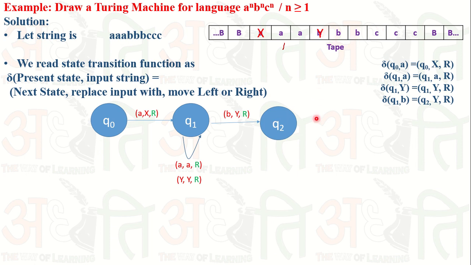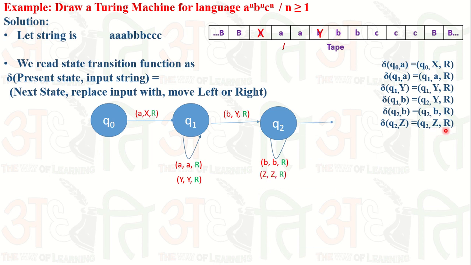So if the state is Q0 and we are having a B, we just keep it as B and move to the right. We skip all the B's until we reach the C. Similarly, if there is a Z, because if the C is already marked as Z, then we also need to skip that Z and remain in the same state. If in the Q0 state our input is a Z, then we remain at Q0, leave the Z unchanged and move to the right.